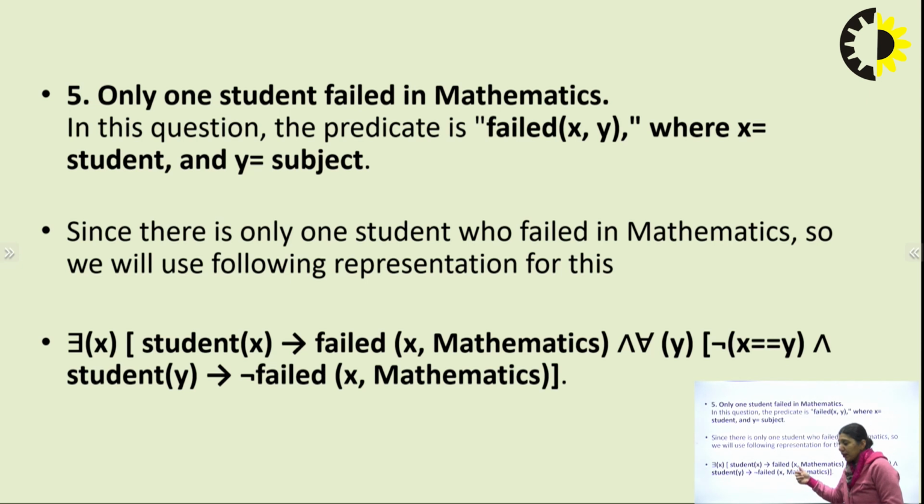ठीक है बेटा, यानी कि स्टार्टिंग में हमने बताया कि आपका एक स्टूडेंट फेल हो रहा है, लेकिन वो सब्जेक्ट आपके सारे के सारे स्टूडेंट्स पढ़ रहे हैं. तो फॉर दैट पार्ट it is equal to that the student y implication negation of failed x comma mathematics. Clear to everyone? I hope you will easily get understanding from these examples.